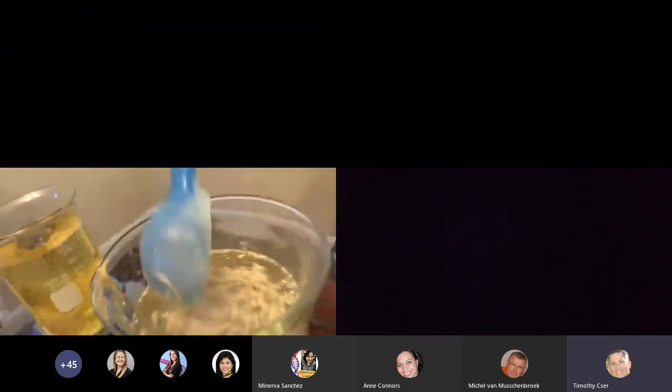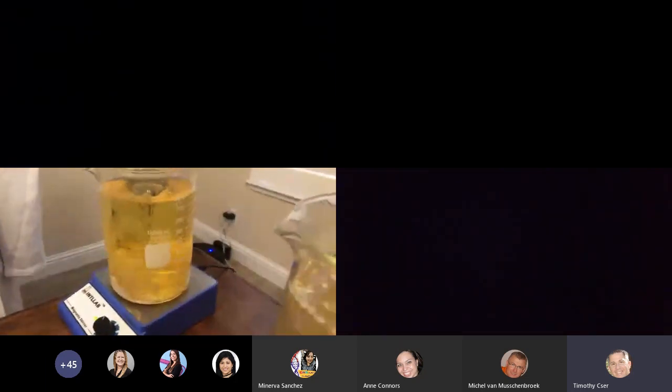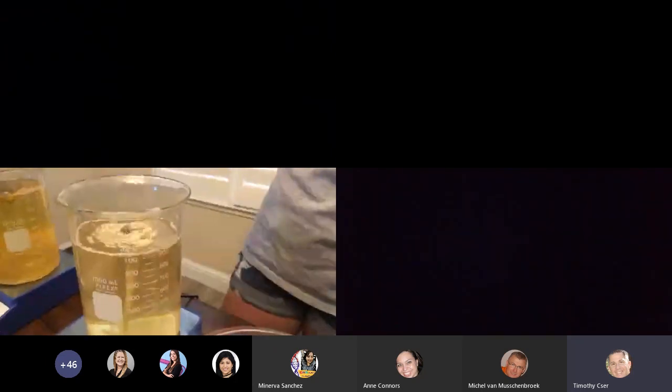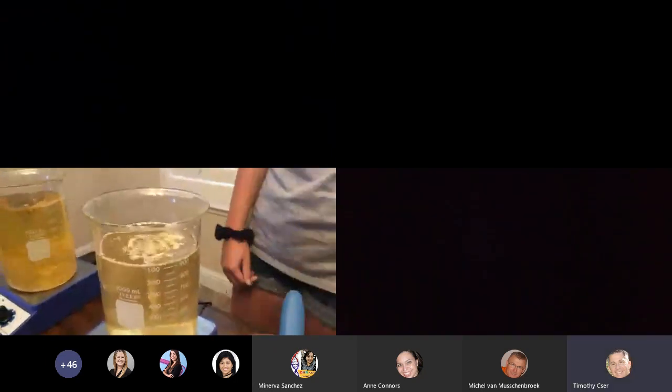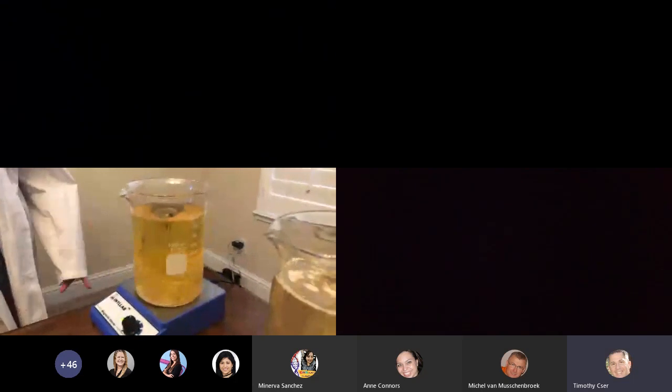And this one, as we all know, media always sticks at the top. So you have to go into the top of the jar and get all of that media off of the top, off of the walls. That's a little bit extra work, while this one is going into solution. Great, and while that stirs,